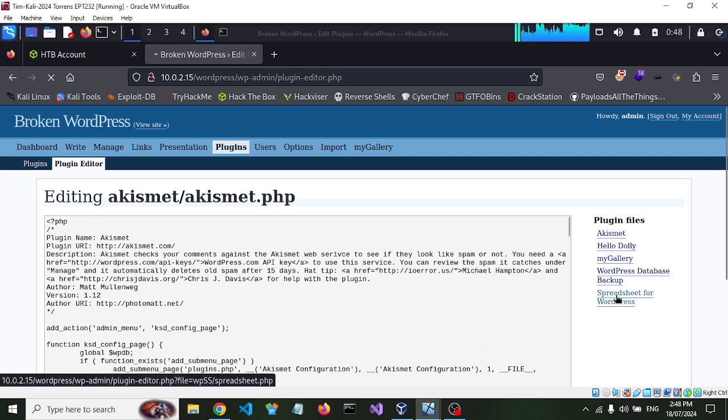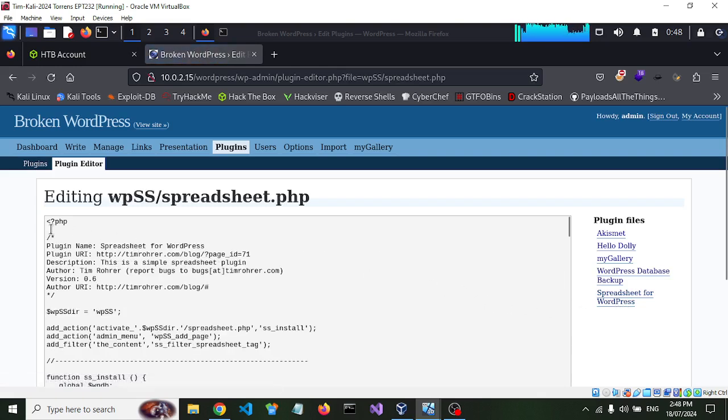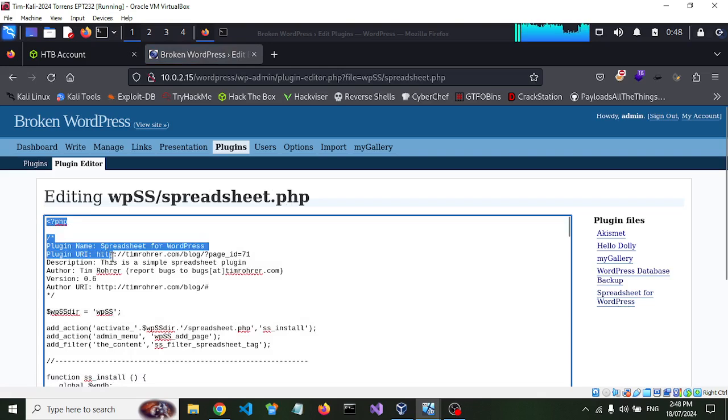So we're going to use this file for WordPress 1. Click on that. And we're going to replace this code in here. We'll just delete all this code